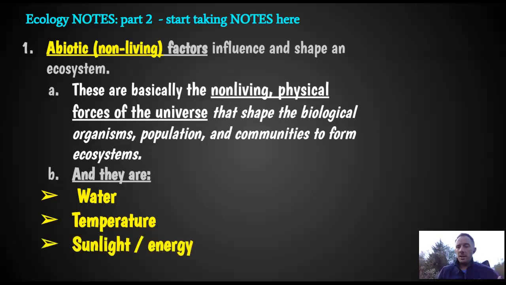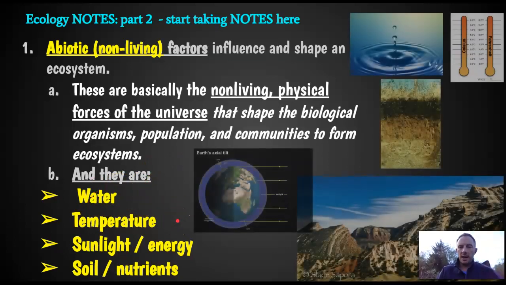You need some form of energy and sunlight. And lastly, you need some type of soil and nutrients for things to grow. There's more than just carbon dioxide and water that goes into living things. There's nitrogen that's in DNA, right, and in amino acids and proteins, and it has to come from somewhere. So it starts in the soil, and then for us, we get our nutrients not from soil. Most of us don't eat rocks, but we get it from the plants that take up the soil, in a sense. And water and temperature, put those at the top as well, because those vary and change the most as we move around the planet.